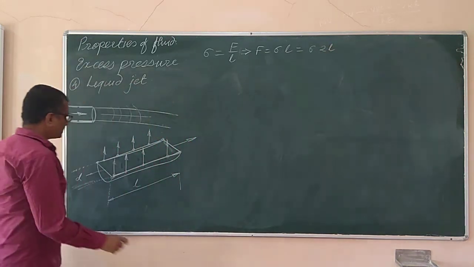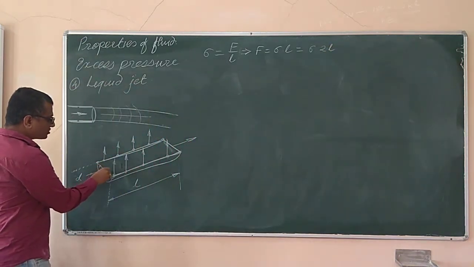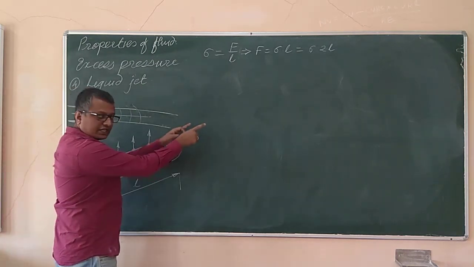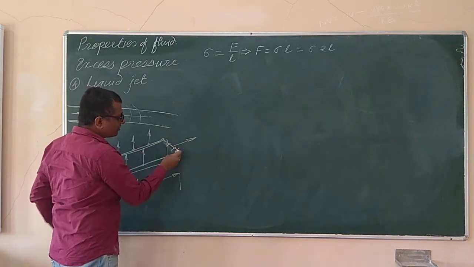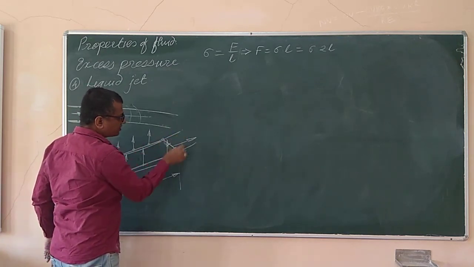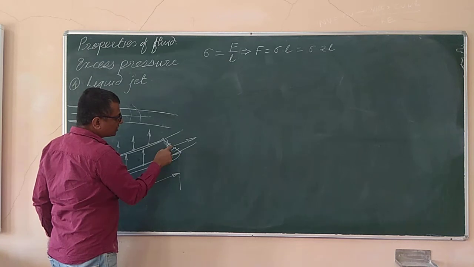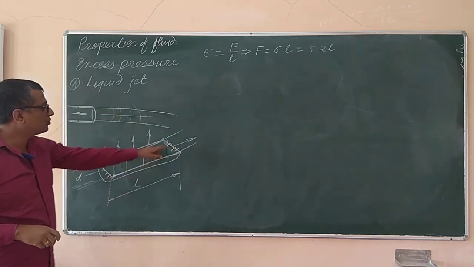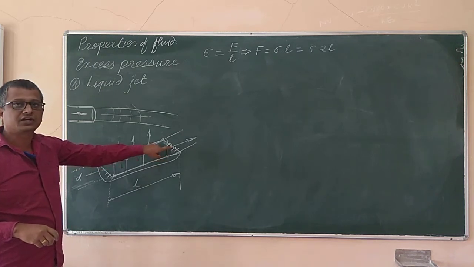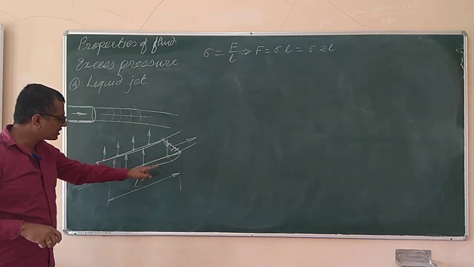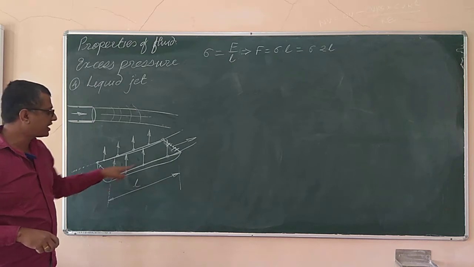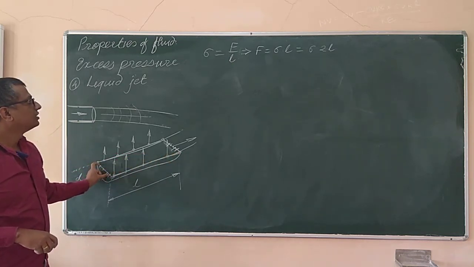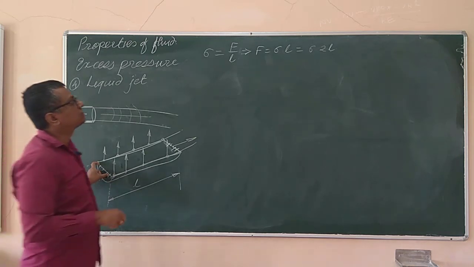Remember that this length will not contribute to the force due to the surface tension, since we have already considered this jet is infinitely long, so that jet is continued. So if that jet is connected to another jet ahead, this line is not exposed to the atmospheric air, so it is no more a free liquid, it is no more a part of the free liquid surface. Only the curved lateral surface is the part of the free liquid surface, and that too along this line. So this length we have not considered. Now that's what the force.